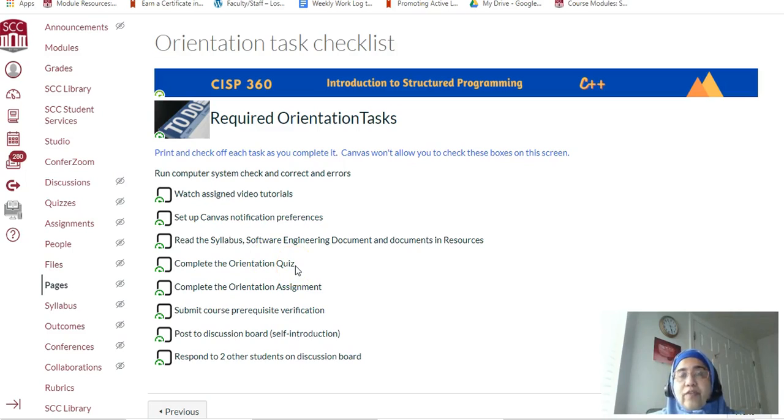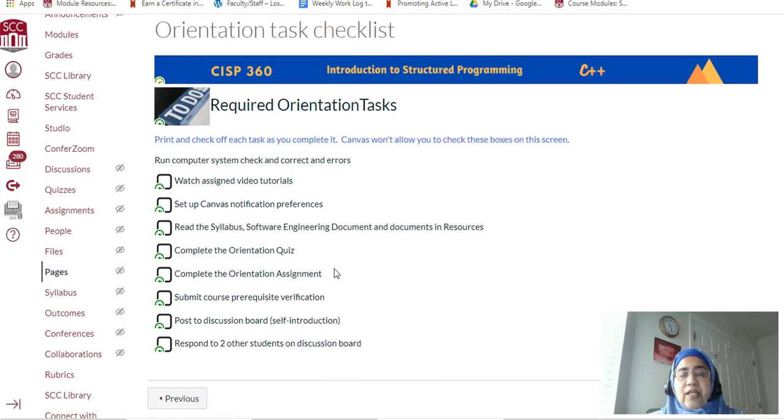It's just an overview of what you have read in the syllabus and also in the documents that have been given to you on how to connect to the college server, how to run your programs, and so on and so forth. There is a lot of learning packed into the orientation, and this may be slightly different from some of the other orientations that you've taken. So I'm going to ask you to pay a lot of attention to the tasks that are needed here.